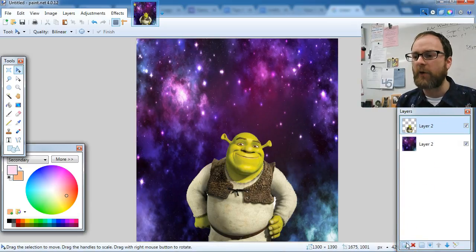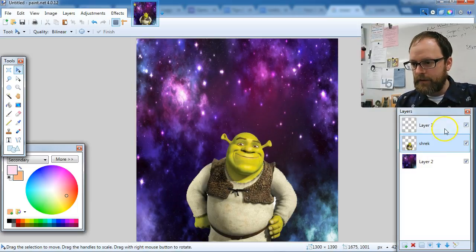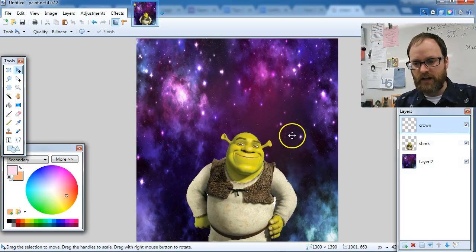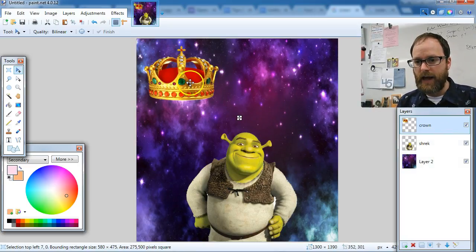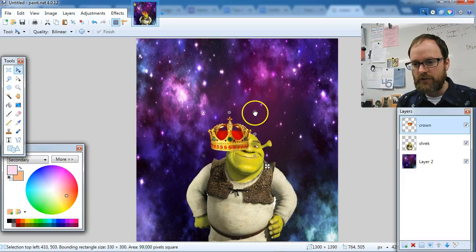I just say always create a new layer, and to be safe, you double click on a layer and rename it. So I'm going to rename this crown. This is just a good practice to be in, especially if you have lots and lots of layers. I'm going to paste the crown, and look at that. The crown is already invisible,